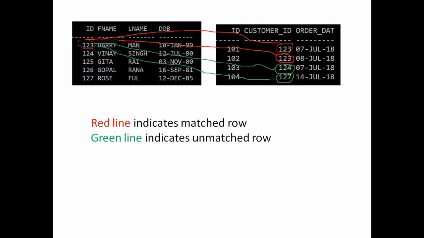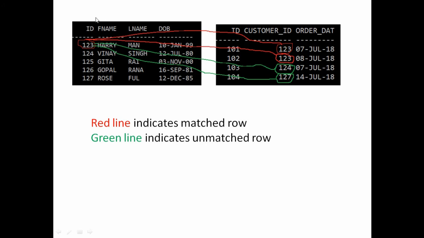Similarly, 123 is not equal to 127, so again this row is not going to be selected. Now the next is 124. 124 from the customer table is going to be checked against all the rows of the orders table, and if there is a match, it is going to be selected. Since there is only a single match, 124 from the customer table is matched with customer ID 124 from the orders table. So again this row is going to be selected, and this process will continue until all the